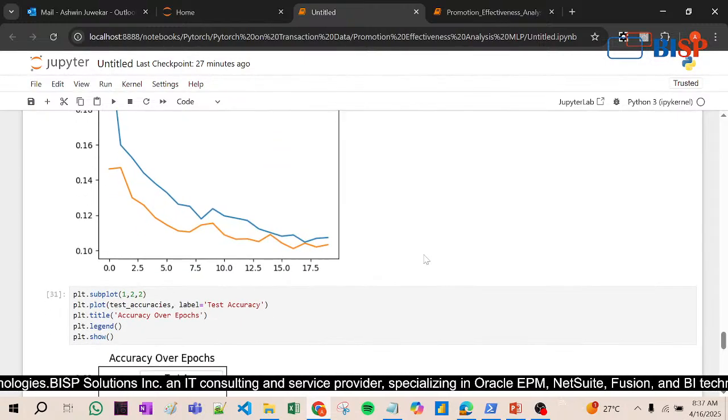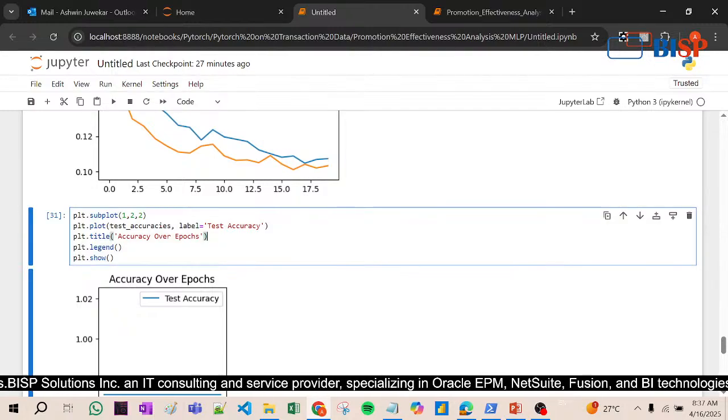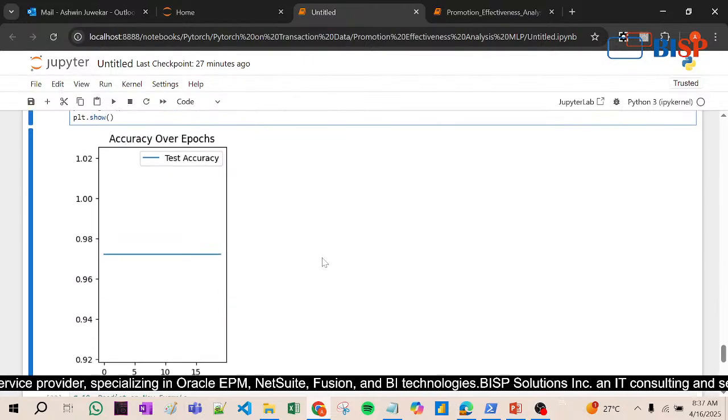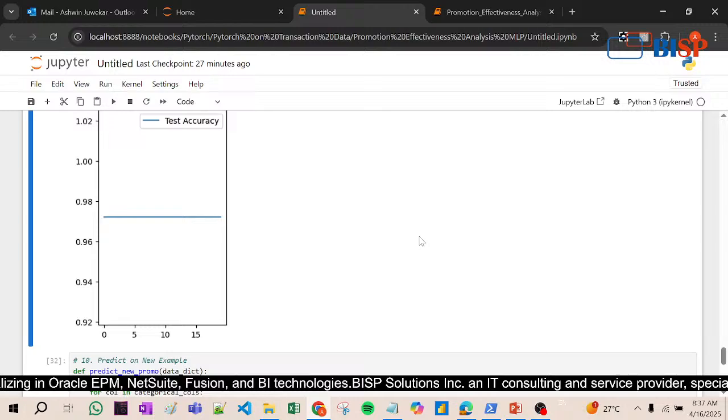Okay, and then what we do, you can look at this subplot. It is just like putting a magnifying glass here somewhere, right? So it is showing you the subplot. Look at this. Okay, now